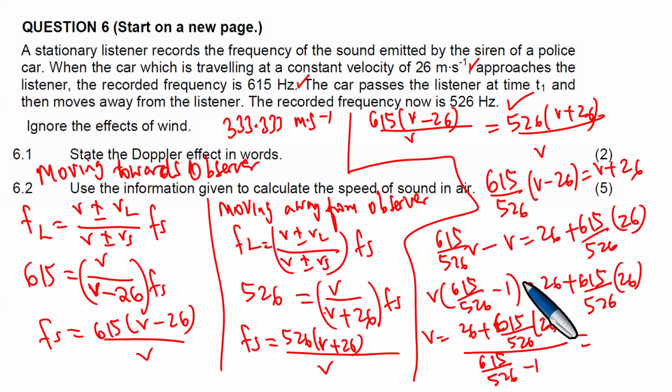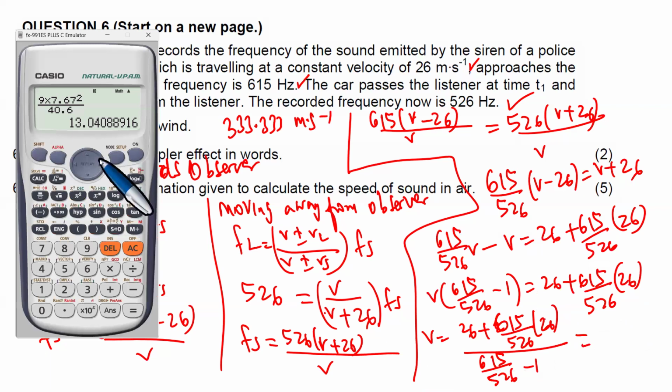So now you'd have 26 plus 615 over 526 times 26,